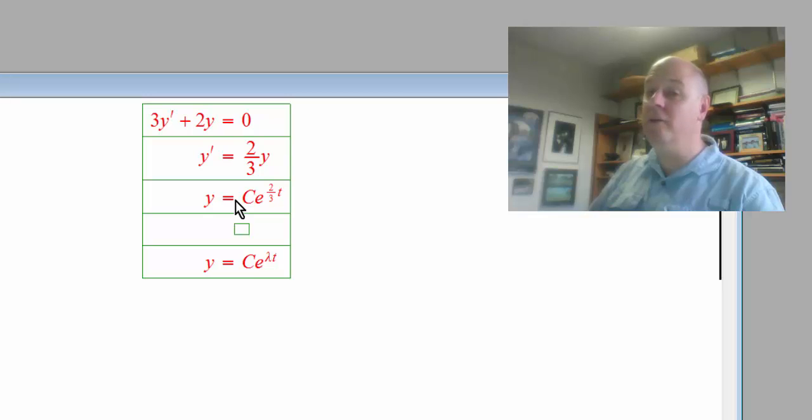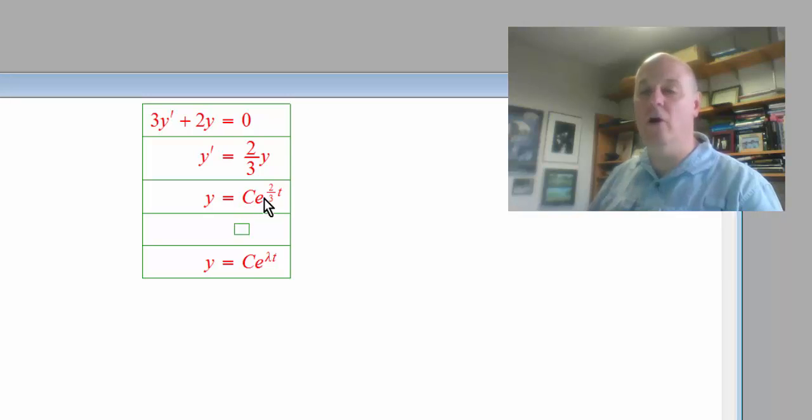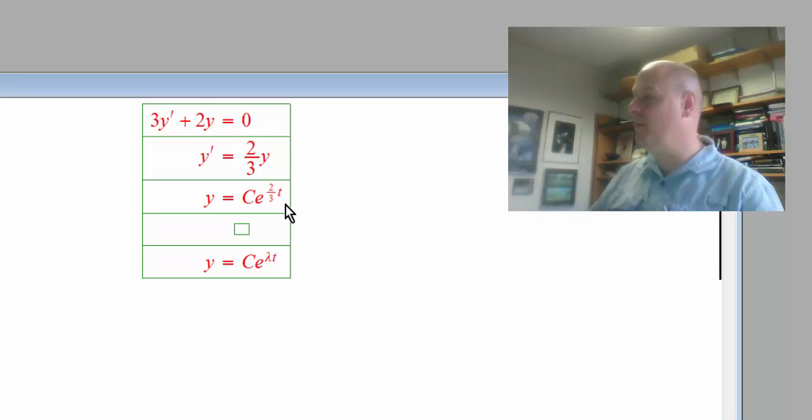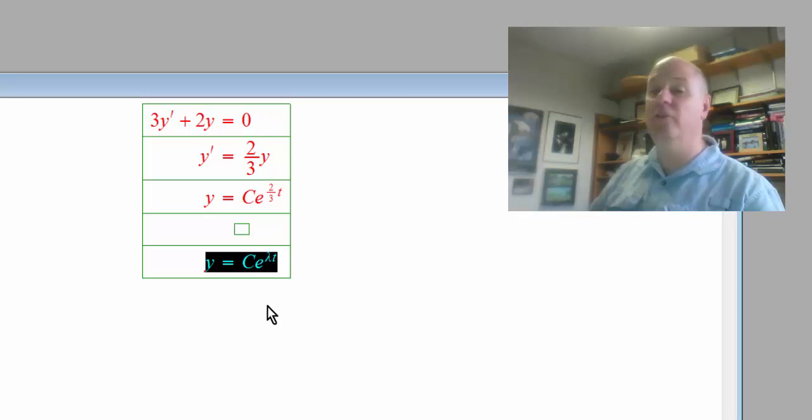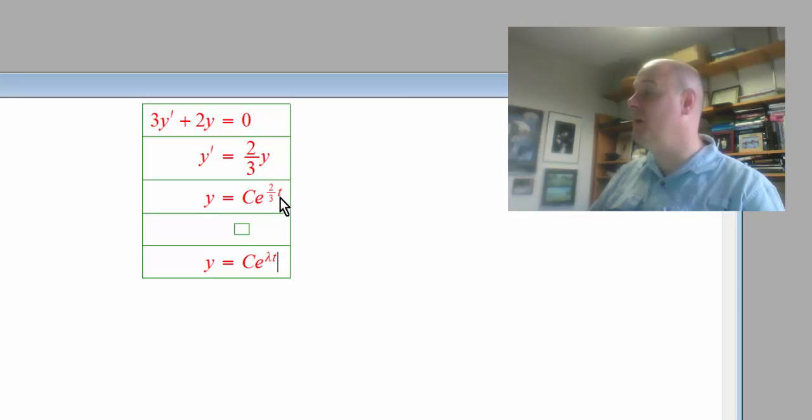How do I get this constant? Initial conditions. In fact, we know this constant is going to be y naught. This constant c is going to be equal to the value of y when time is equal to 0. So we're getting a solution of this form: y is equal to some constant times e to some number times t. The number, the 2/3, the lambda in this case, is connected to the differential equation. The constant is connected to the initial condition. So let's take this idea,